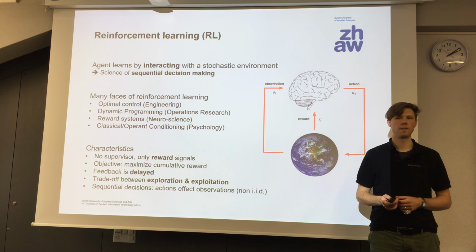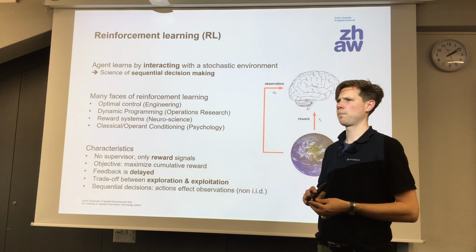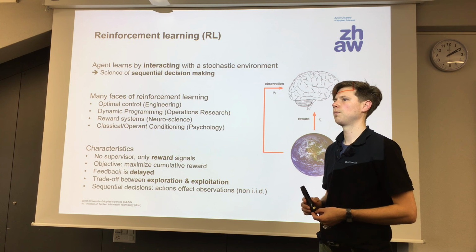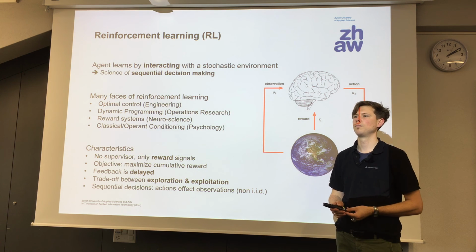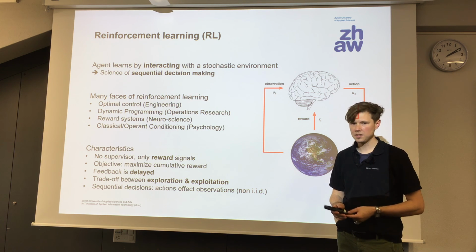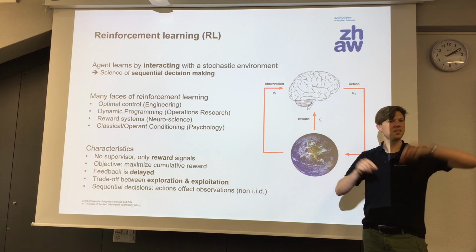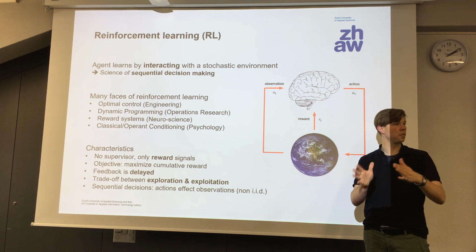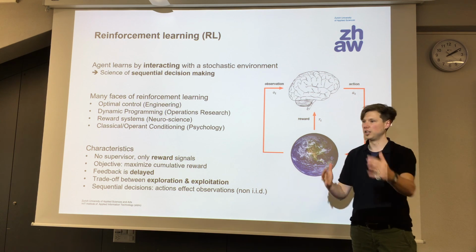More questions? Yes? You say when you play soccer, you get very sparse rewards. But can't you say if you control the ball for a longer time, or if the ball spends more time in your opponent's part of the field, it's already a better state? Yes. The question is, using the example of soccer, yes, rewards in terms of goals are very sparse, but can you not come up with different reward functions where, for example, controlling the ball for a long time is rewarded?